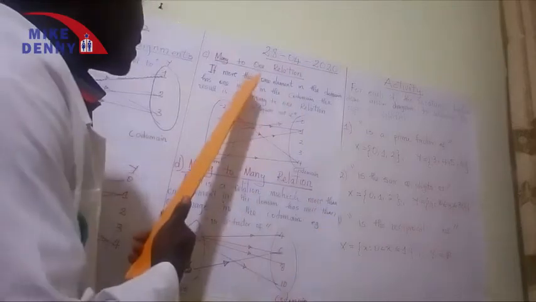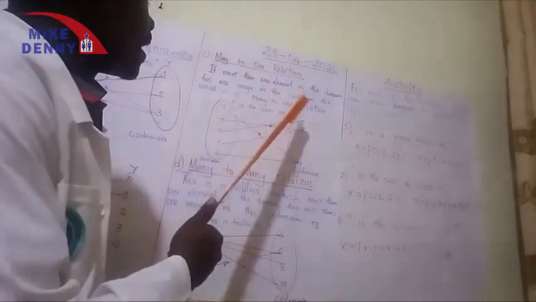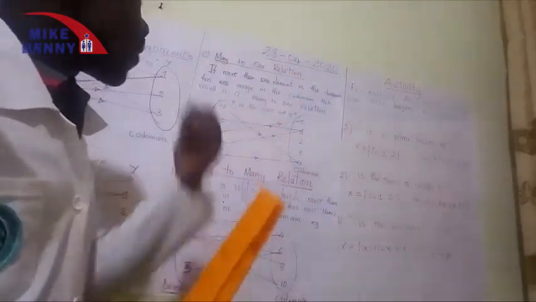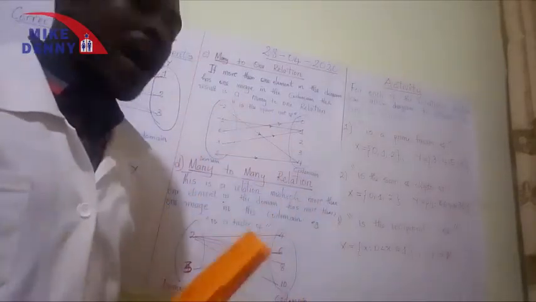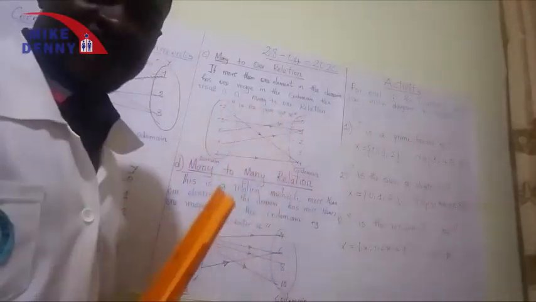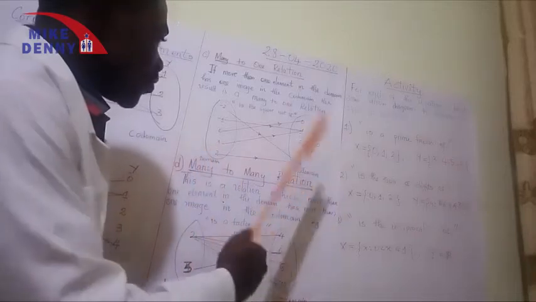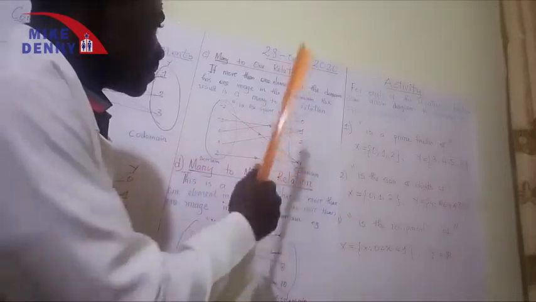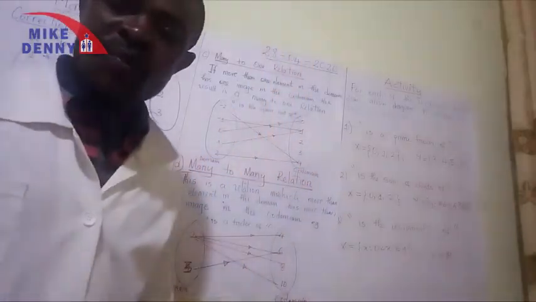We say that if more than one element in the domain has one image in the codomain, the result is a many to one relation, and that is what I just demonstrated. "Is a square root of" is many to one. You have my domain and the codomain, and I have my arrows. Now we'll go to many to many.